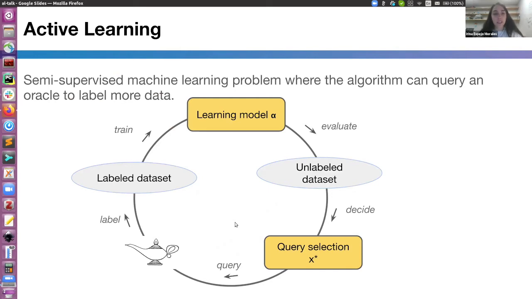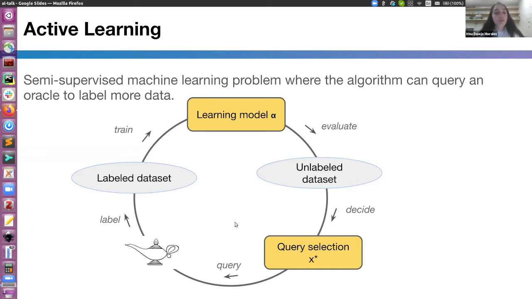Active learning is a semi-supervised technique from machine learning, where the algorithm can interact with the data and the algorithm can query the oracle to label more data. So this type of problem appeared whenever in machine learning there were huge data sets, like for instance, pictures of dogs and cats that is unlabeled. A small percentage of this huge unlabeled data set is actually labeled. It has the tag